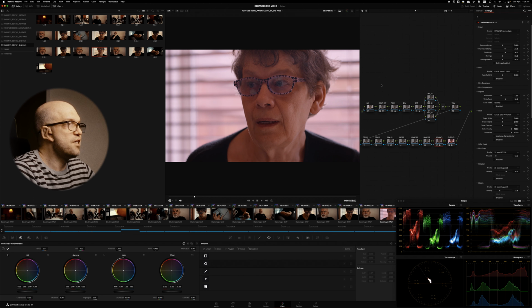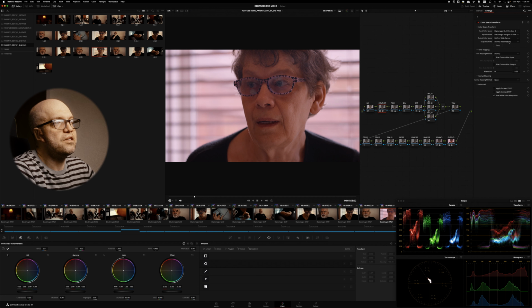I prefer to work in nodes anyway. I don't like setting my color management on the project level, so I do it on the node level. So my input color space transform, I got my input color space set to Blackmagic Design 4.6K Film Gen 3. My input gamma set to Blackmagic Design 4.6K Film. And my output color space is DaVinci Wide Gamut, with my output gamma being DaVinci Intermediate. Tone mapping, I have custom max input turned off, but I turn on my custom max output and go for the maximum available amount of nits. Gamut mapping, saturation compression on. And my output